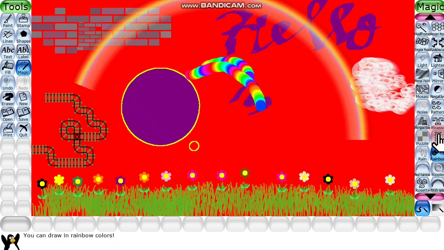There is also an option for rain. If you want to bring the rainy effect, choose the rain and click drops. These are the drops. You can make it like this, है ना. इसको ऐसे करके बना सकते हो. It gives you the rainy effect. So these are the different magic effects which are present and which will help you to make your drawing very beautiful.